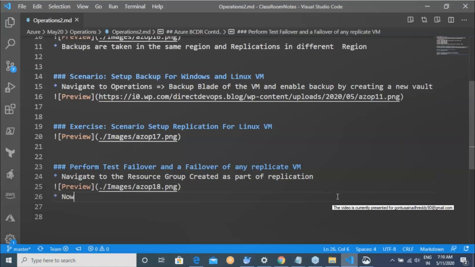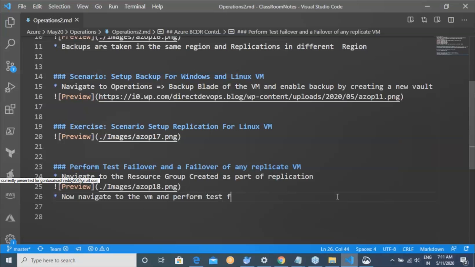Now navigate to the VM and perform test failover.